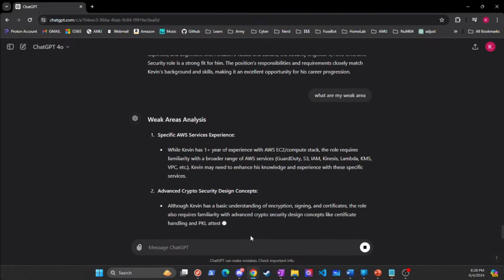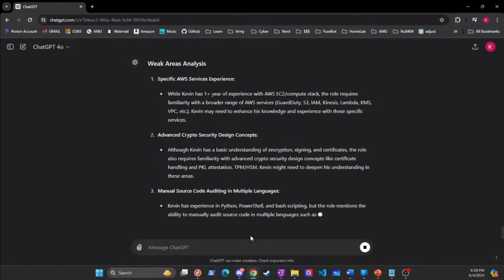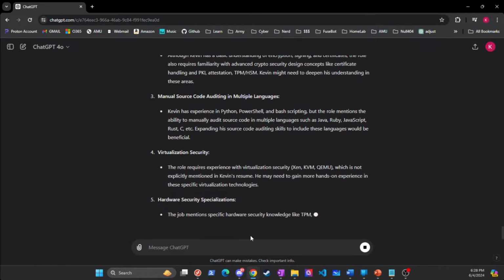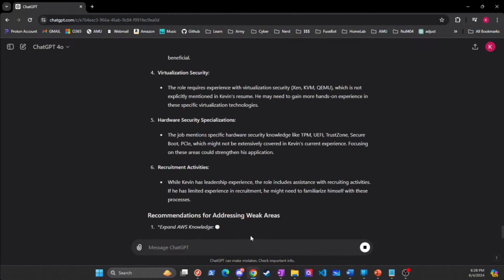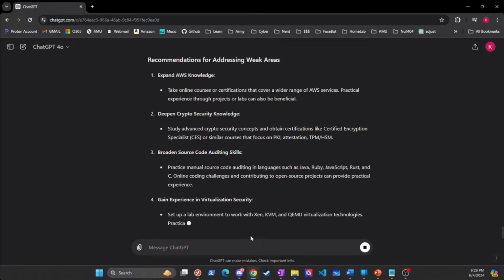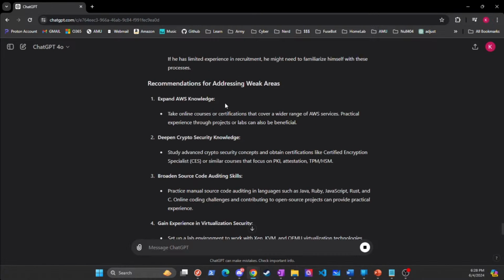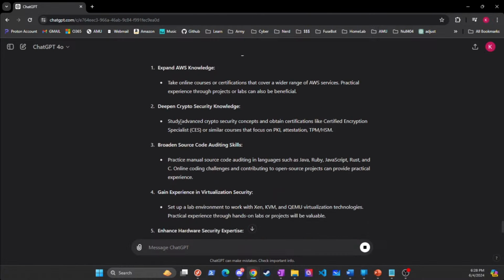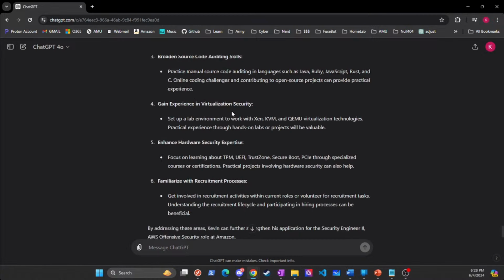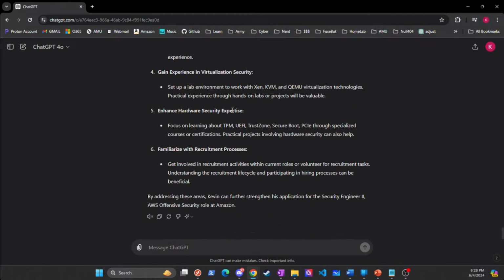So specific AWS experience, right? I did some AWS EC2s before, stuff like that, described it, advanced crypto stuff. And hey, right here it gives me ways I can address and expand on my weak areas. AWS knowledge, taking certs, deepen my security, specifically AKS, attestation, TPM. Okay. More experience in VMs.